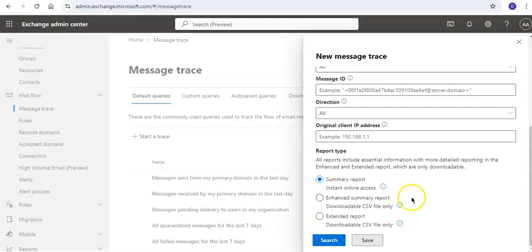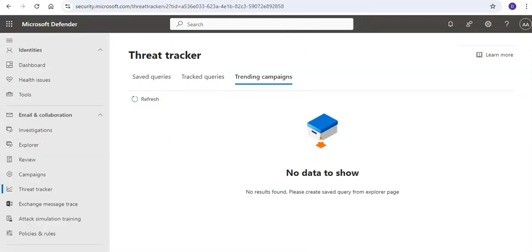All right. So this is what I wanted to tell you about message trace, or Exchange message trace per se,